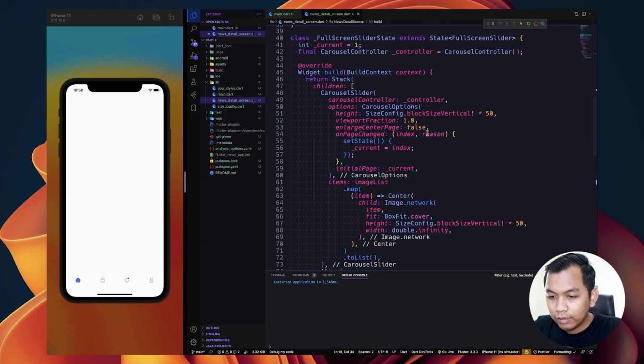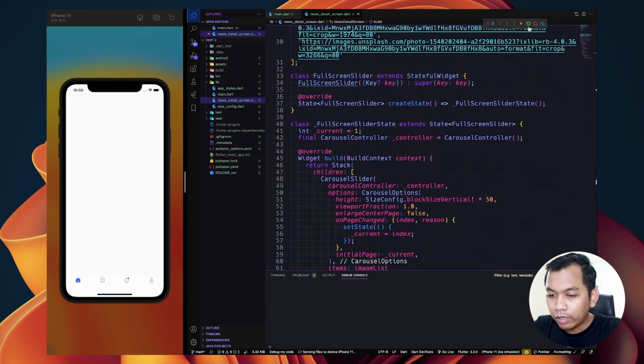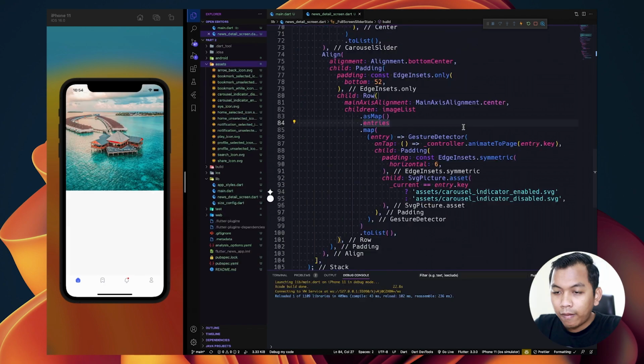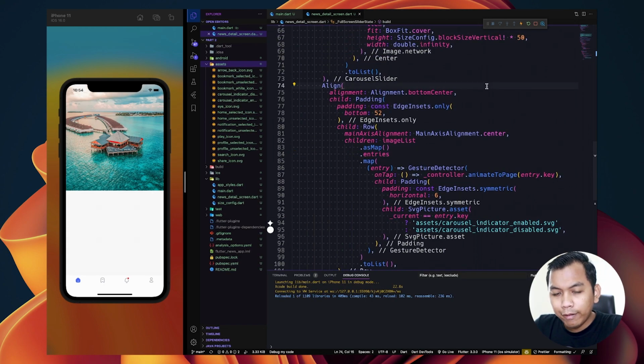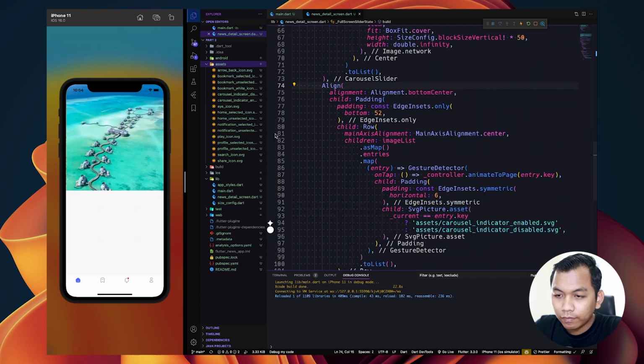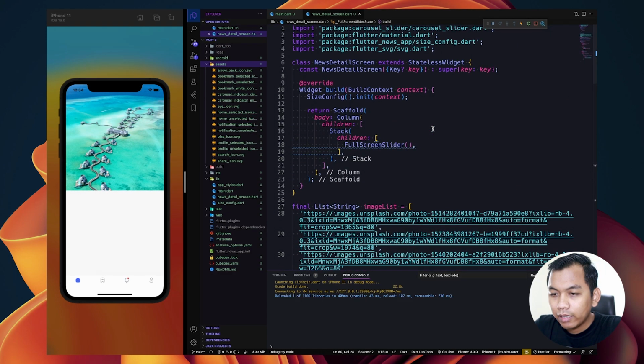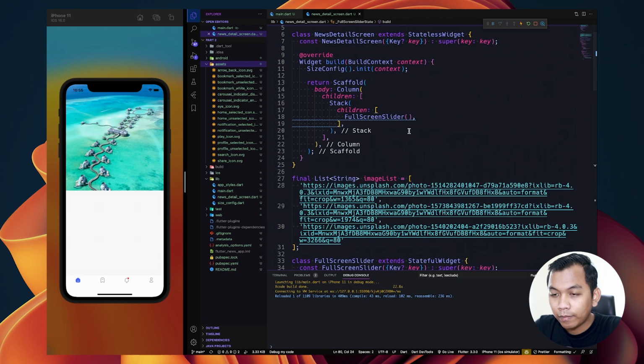So I think let's restart our app. Alright, so we have our image carousel. So we have 3 images here. And let's jump to this.